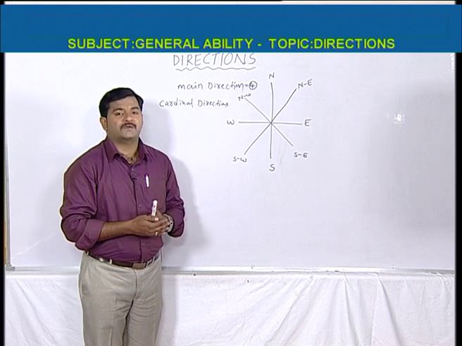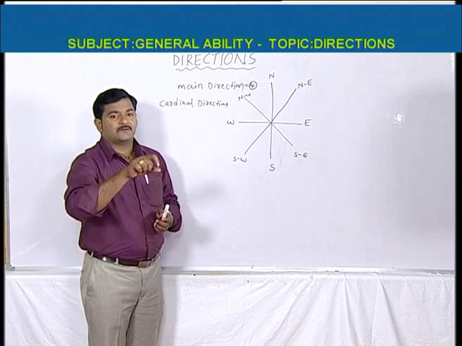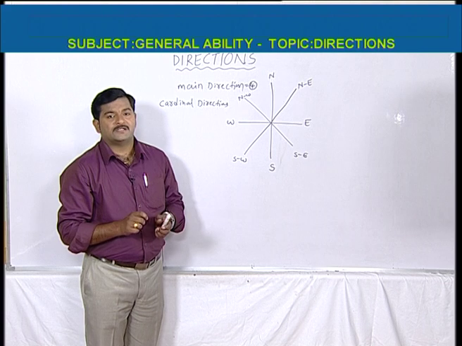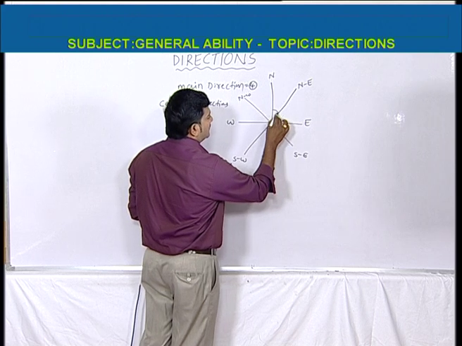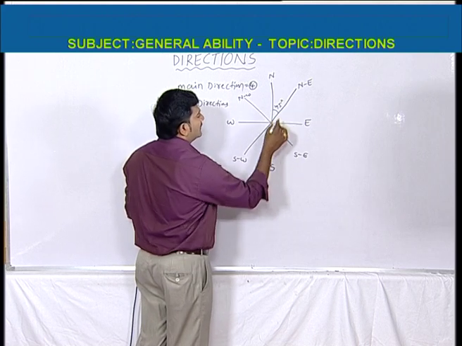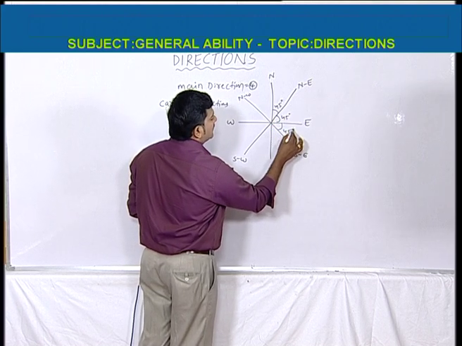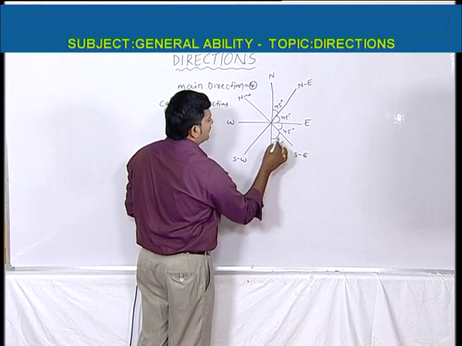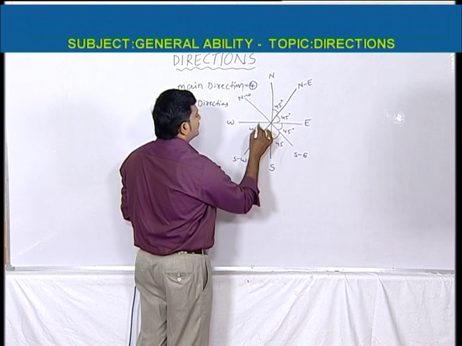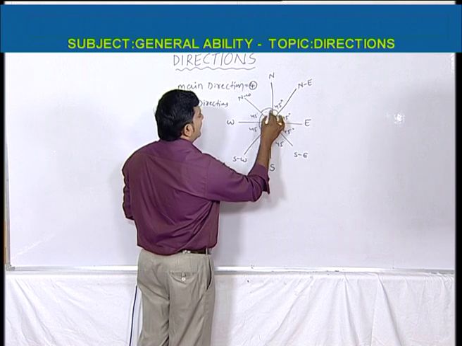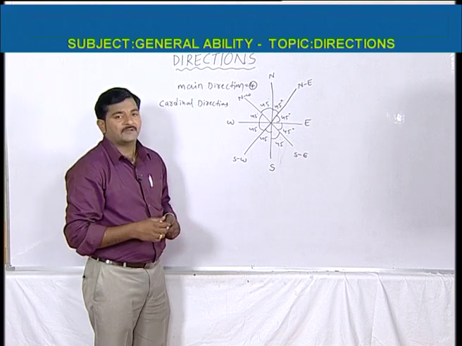With this we can conclude: the angle between one main direction and its consecutive cardinal direction is always equal to 45 degrees. What I mean to say is, the angle between north and northeast is 45, northeast and east is 45, similarly east and southeast is 45, southeast and south is 45, south and southwest is 45, southwest and west is 45, west and northwest is 45, and finally northwest and north also 45